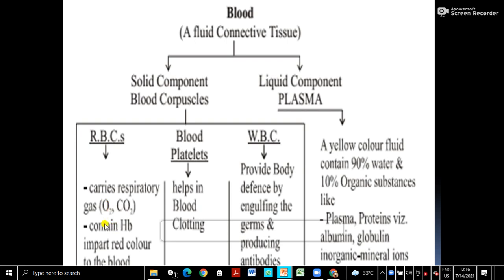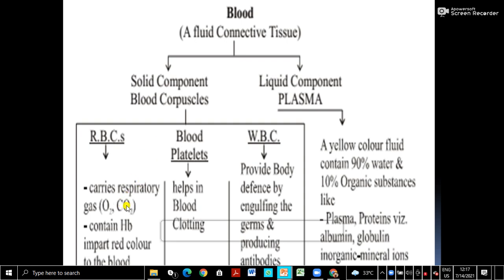So where does it go? It is absorbed by RBCs, the hemoglobin. Oxygen can combine with the hemoglobin, and thus oxygen is transported throughout the body. And carbon dioxide: because of metabolism, the tissue cells release carbon dioxide, which also comes to the lungs. The blood capillaries surrounding the alveoli carry the carbon dioxide, and it goes into the alveoli, and from there it is eliminated through the respiratory system.